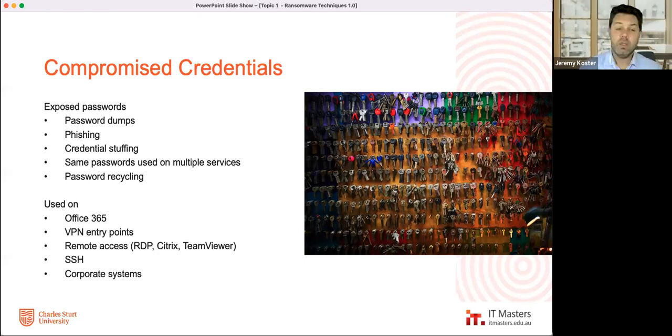Then we have, so I talked about credential stuffing. Then we talked about using the same password on multiple services. And this is the root of this evil. If we are thinking up a strong password and we think, great, no one's ever gonna guess that. Well, that's true, they won't guess it, but they might actually see it in the clear if someone is not handling that correctly, or they manage to get it from phishing as well.